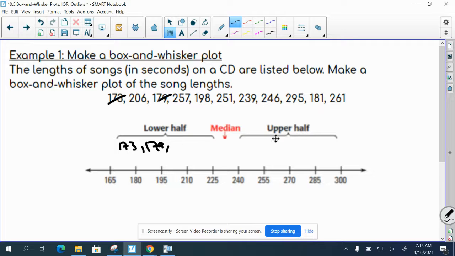So we're going to have 5 here and 5 over here. And then 181. 198. And 206 is our next number. And then for your upper half, you've got 239, 246, 251, 257,